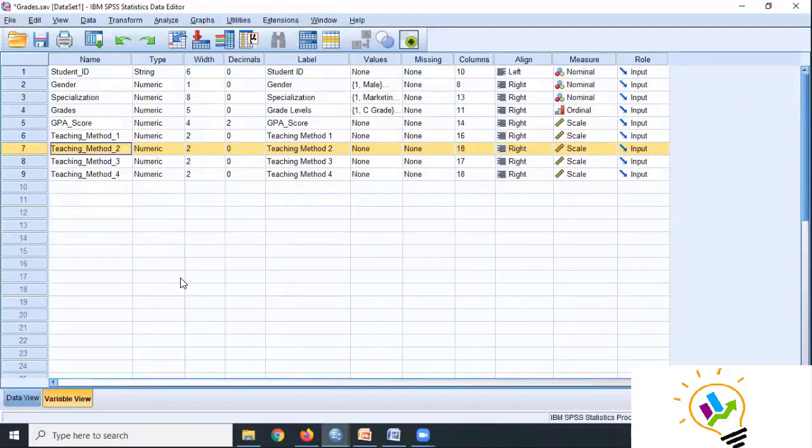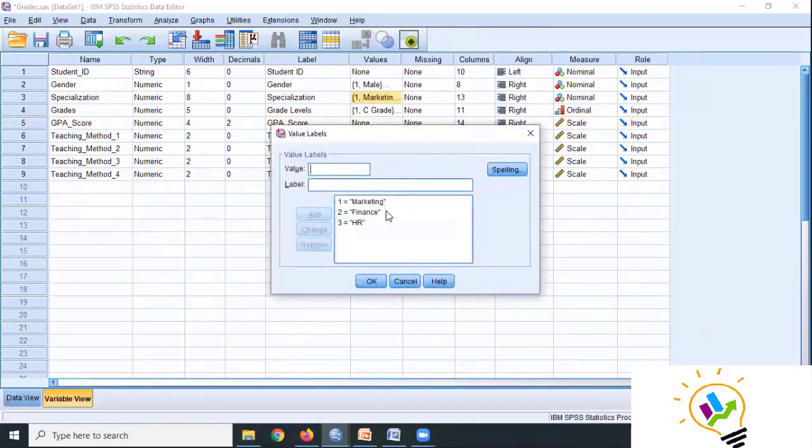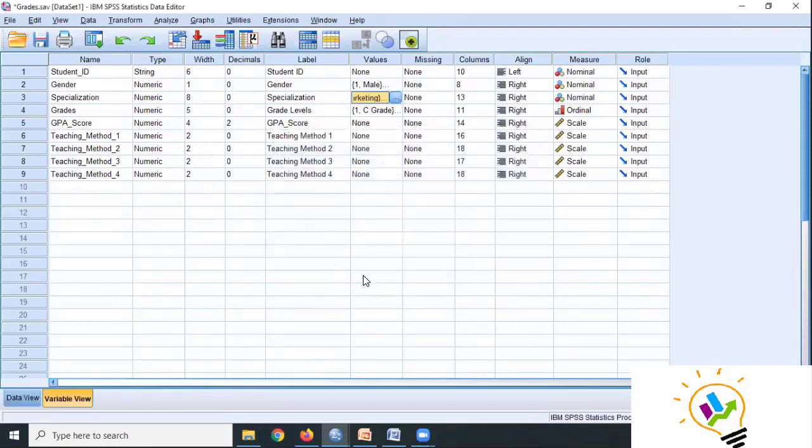I want to check, is there any significant difference between specialization and GPA score? For specialization, I have more than 2 levels: marketing, finance, and HR. Okay, madam. Yes, sir. And GPA score is scale data, and the independent variable, specialization, is nominal data.